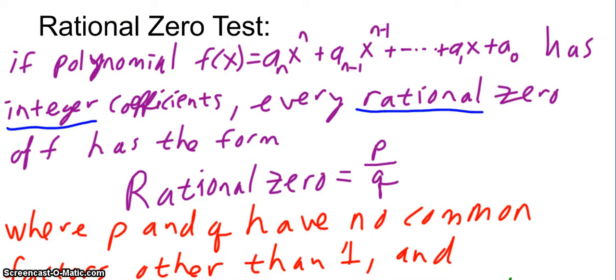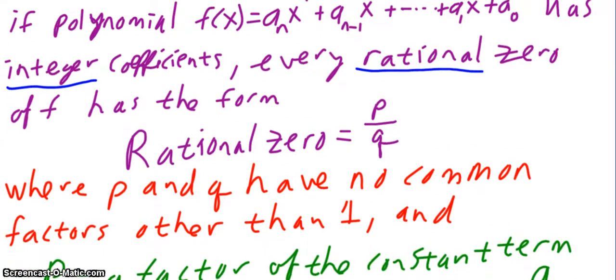So if polynomial f of x, and remember this right here, this is just our generic form of a polynomial, that we've seen before. So if polynomial f of x has integer coefficients, so it's very important that it has integer coefficients, every rational zero of f, so every rational zero that occurs from f, and f could have no rational zeros, keep that in mind as well, but if it has any, they will be of the form p over q,